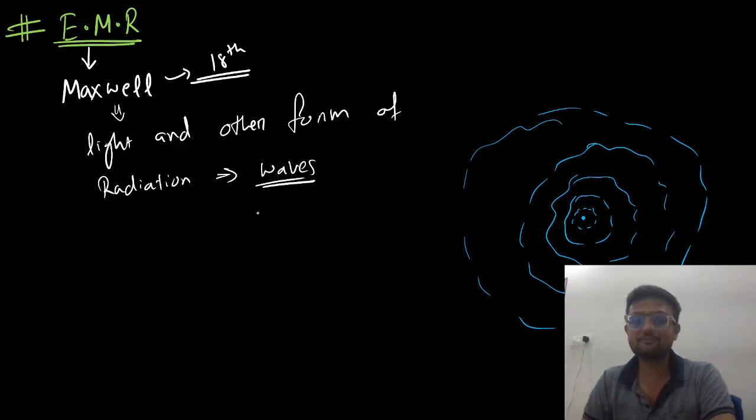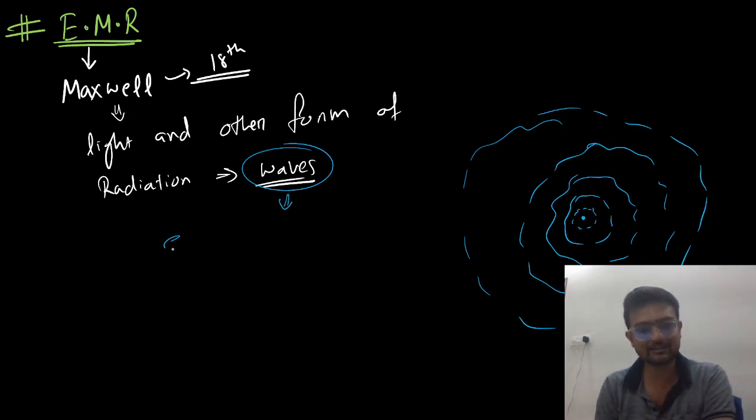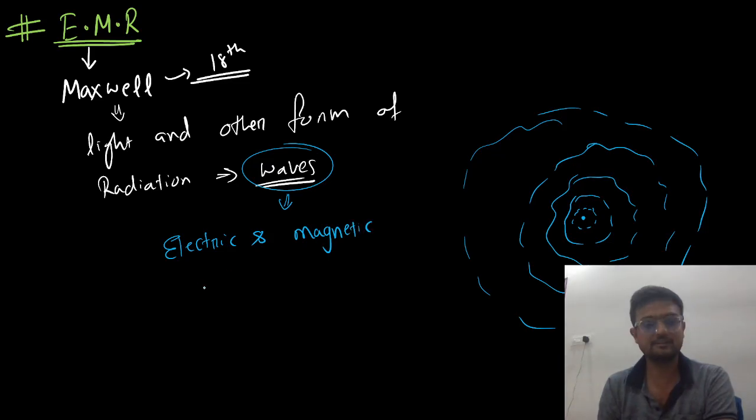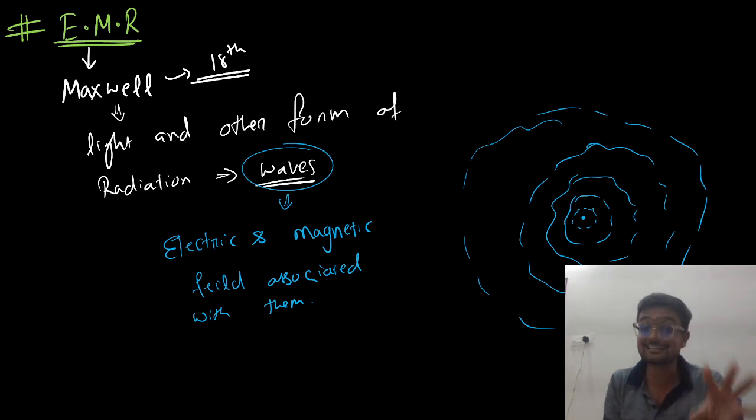So this wave, what Maxwell told is that this wave actually has electric and magnetic field associated with it. And this wave, which has an electric field component as well as a magnetic field component, these types of waves